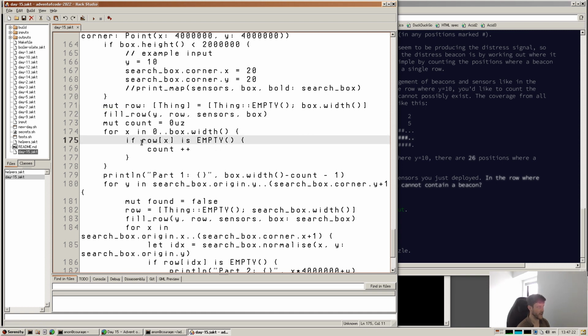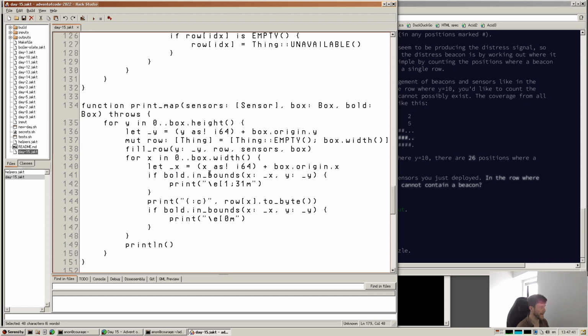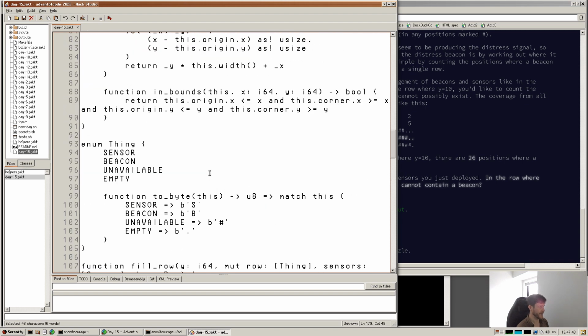So I actually wanted to do it where if not row is empty, then we'll count, or something like is not empty. Turns out that just doesn't work in Jakt, so we have to do something like box dot width minus count minus 1 just to get it all right. So that's part 1. And you might have also noticed that there's an enum I did, similar to, I